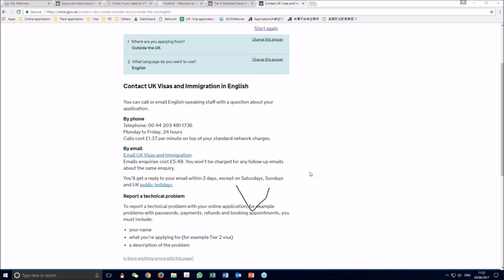Some extreme cases, some universities are very strict. A couple of the universities that I came across were very strict last year. They didn't allow students to do that. They said that you must have a new visa before you start. So